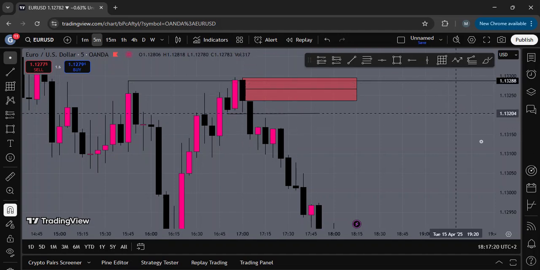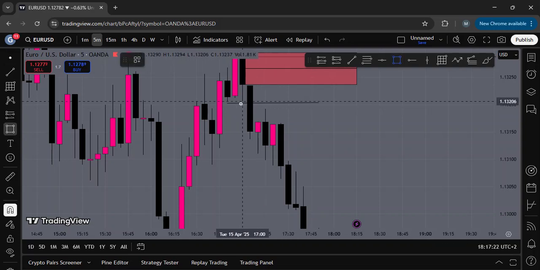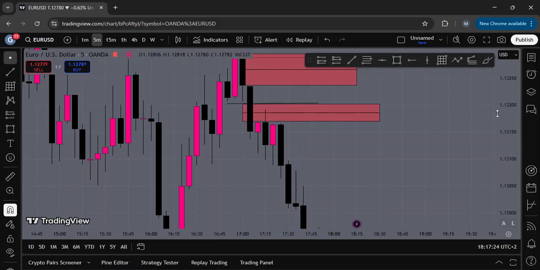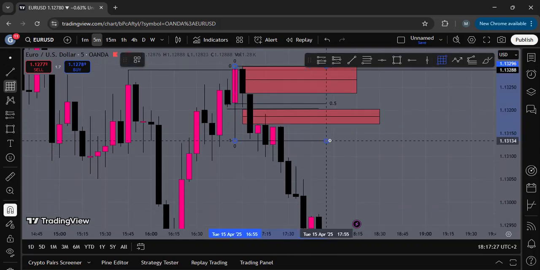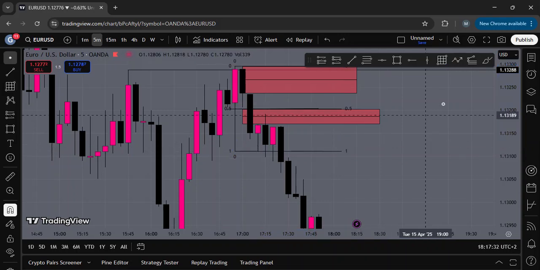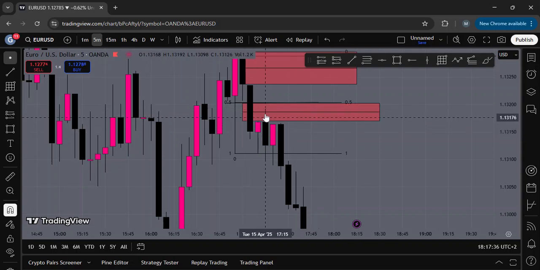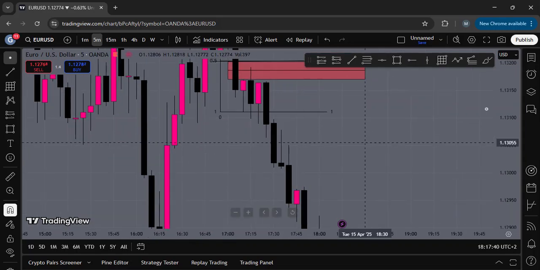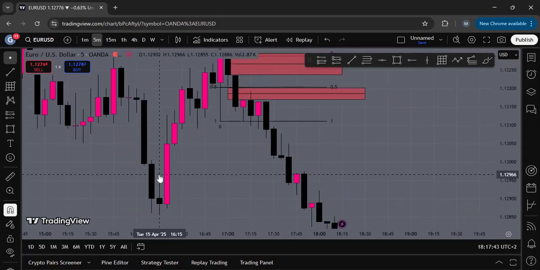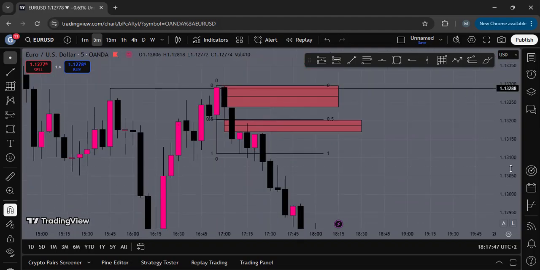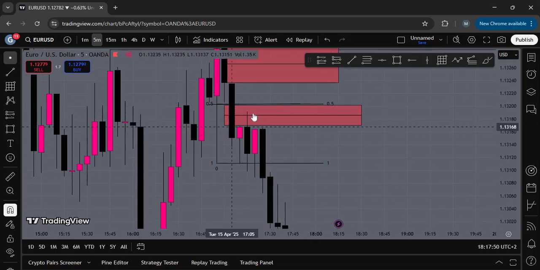We have our market structure shift and we've got our fair value gap in here. Okay, we draw out 50% as well as one extra confluence. It's gonna be down here. So then at this point, you look and you see a nice tap into the one fair value gap that we have. We don't have two like we have down here because also look, this fair value gap is very low compared to the drop. This fair value gap is better already. So we've got 50, we've got the 50% above it, and we've got the fair value gap.